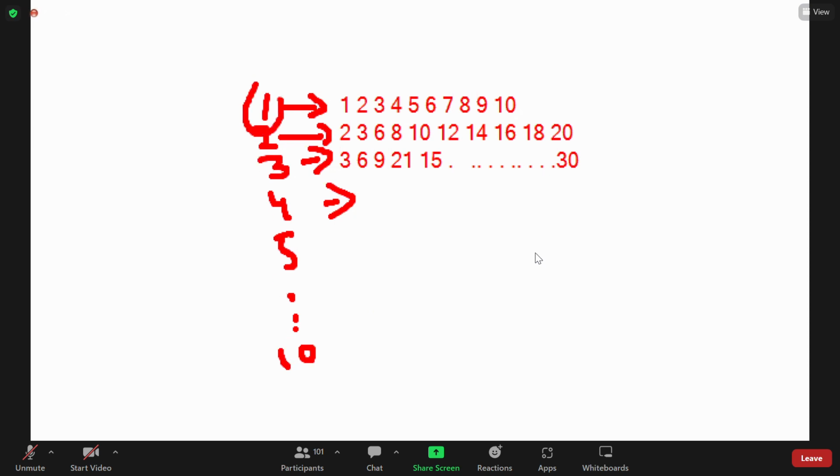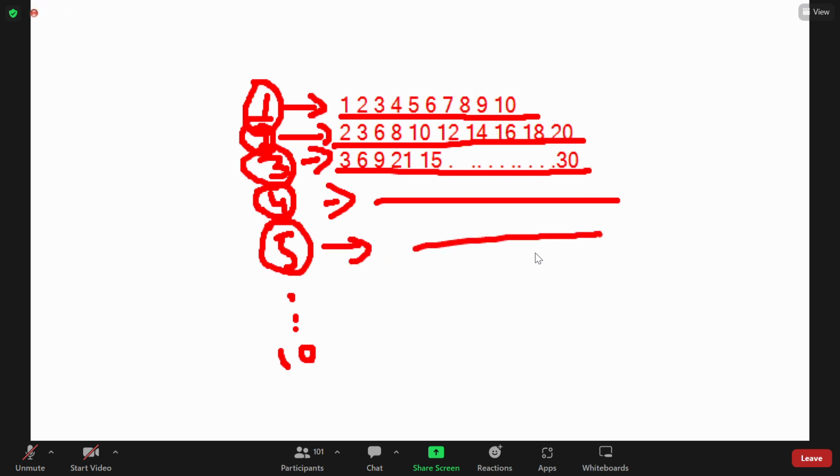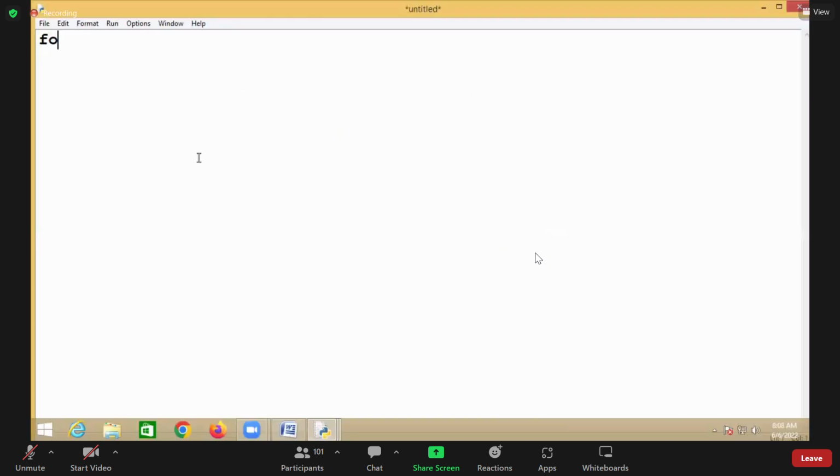So you are reading each time a number and multiplying how many times? 10 times. First you are reading 1 and multiplying 10 times. Next you are reading 2, then 3, then 4, then 5, each multiplied 10 times. So every time you are reading one number,